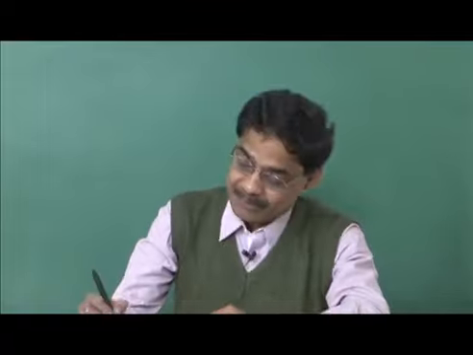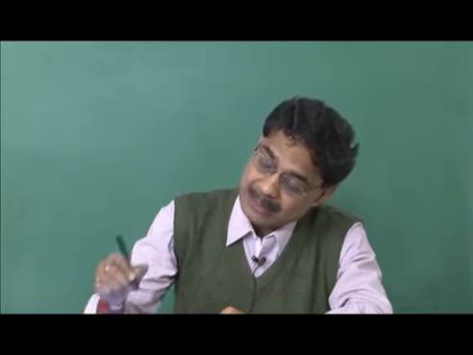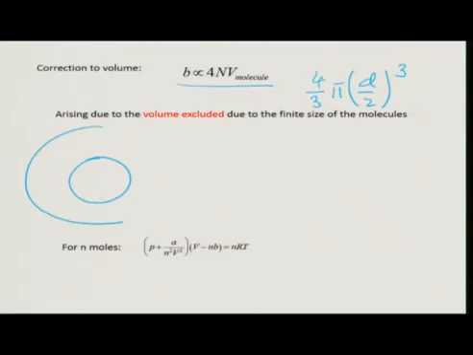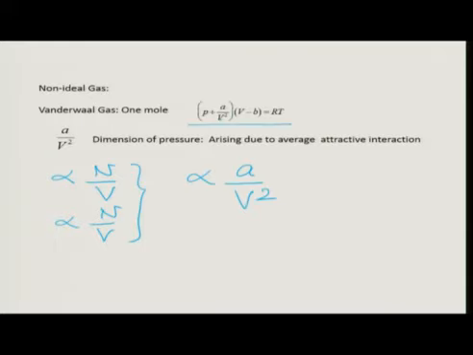I said if this is a molecule and I took 2 molecules, I can assume a spherical, concentric spherical volume which has radius d, which is excluded for the other molecules. Okay? So, excluded volume correction is incorporated in this parameter B, and I have my van der Waals equation of state which is